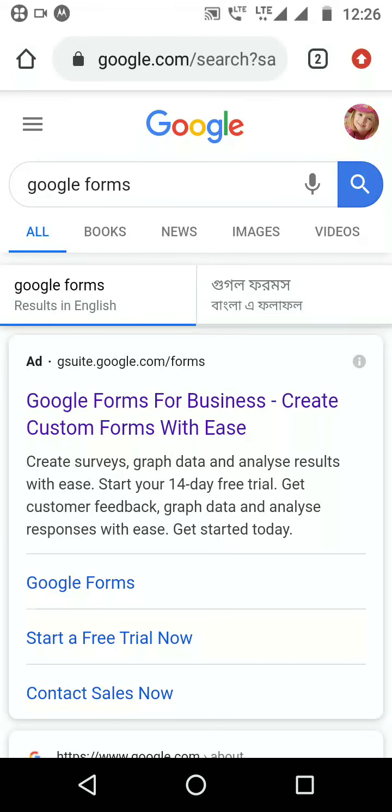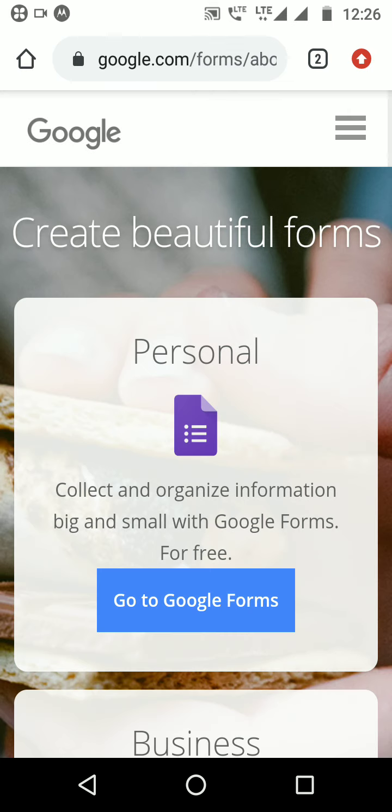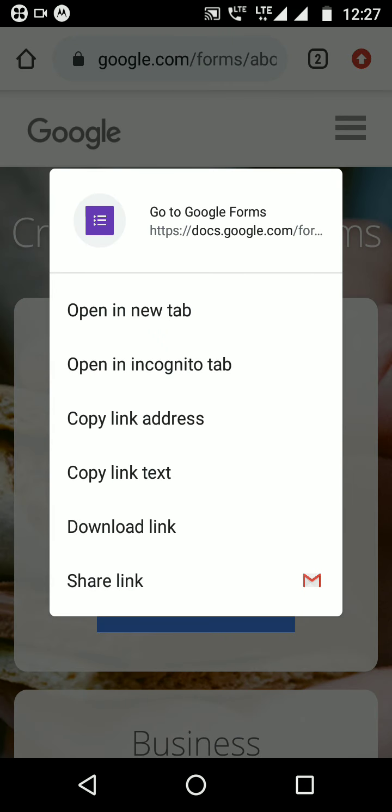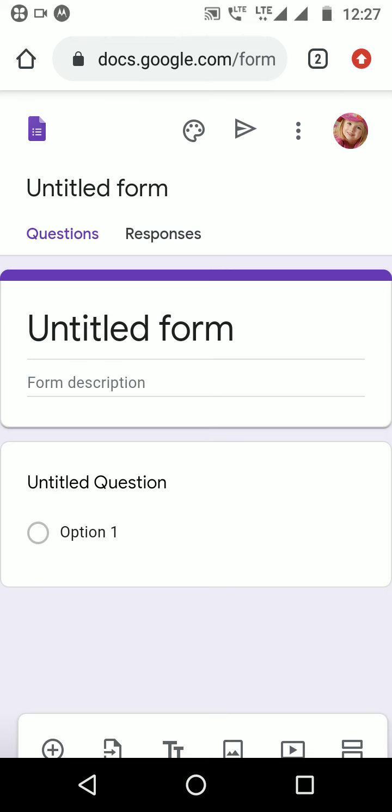There are multiple videos on YouTube to create a Google Form from desktop, but here I am showing you how to do it from mobile. You can Google search for Google Forms and go into this Google Forms free online survey forms, and you get this Personal option. So go to Google Personal Forms. Okay, tap on Go to Google Forms in Personal, and here, if you are creating a quiz, you